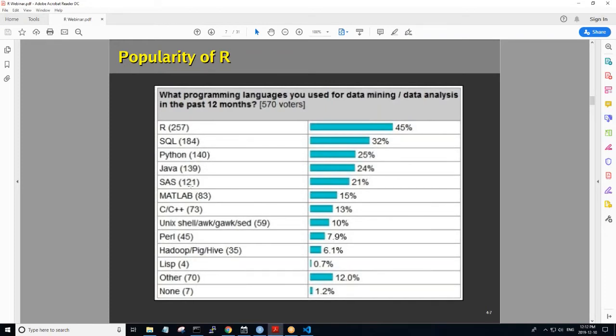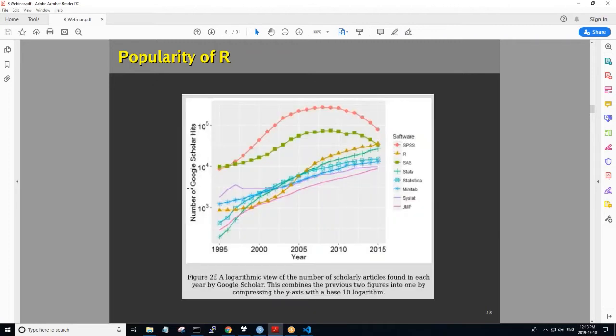Python's actually increased a little bit since this survey was done. So when we look at the popularity of R and confine it to the data analytics world, we tend to see that R definitely is maintaining its own. This is a log scale, so it's giving us a little bit of a linear estimate of some exponential growth, and you can see that SPSS is trending down a little bit as we get into 2015, and R is continuing to grow along with some of the other tools.